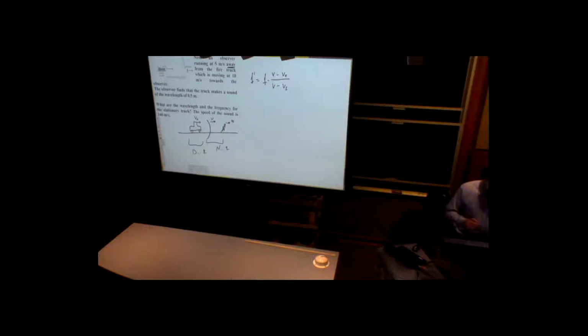This is the Doppler effect equation, but also we can relate speeds. For example, in this situation, this is the speed of the sound relative to the ground, and this is the speed of the observer relative to the ground. So the speed of the sound relative to the observer will be equal to